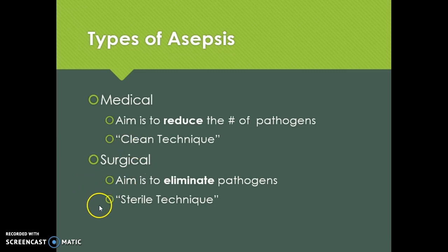Surgical technique, on the other hand, would be, say, in the same spot in the arm that the patient has to have an injection, that patient has a cyst, and that cyst has to be removed with a scalpel. So in that situation, it would be a surgical procedure because we're actually going to cut open the skin. So you would wear a surgical mask, you would have sterile gloves, the patient would be cleaned with chlorhexidine, betadine, products that are far more effective to eliminate bacteria before the skin is opened.